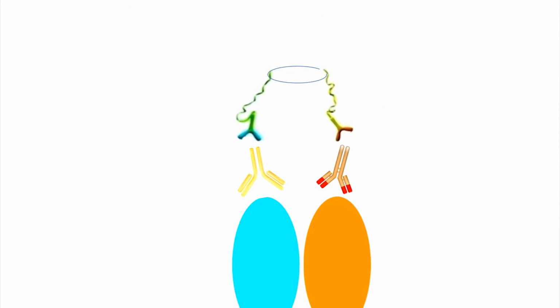Following incubation with specific primary antibodies against the proteins of interest, species-specific secondary antibodies, each with a unique short complementary DNA strand attached to it, are added to the slide to bind to the primary antibodies. If the proteins in question are heterodimerized, both the primary antibodies and secondary antibodies bound to them will be in close proximity. In this state, the attached DNA strands on the secondary antibodies can interact through a subsequent addition of